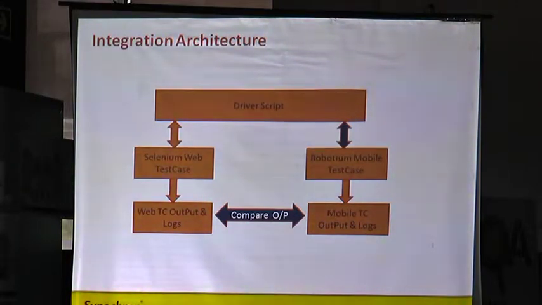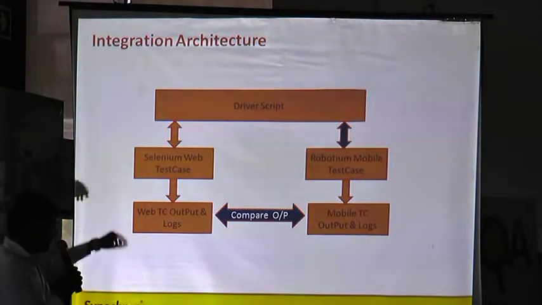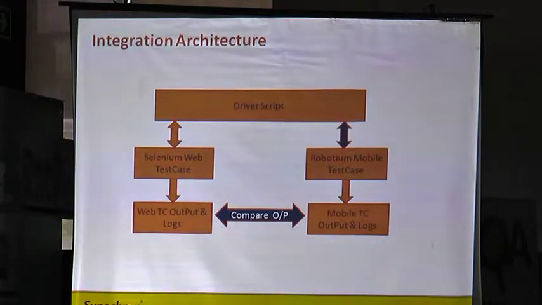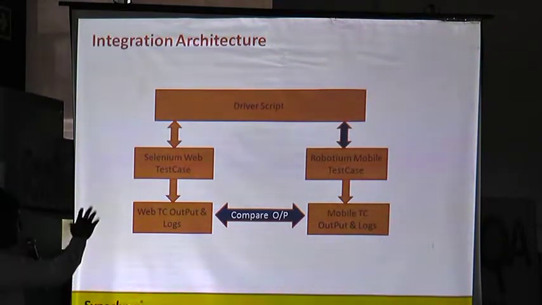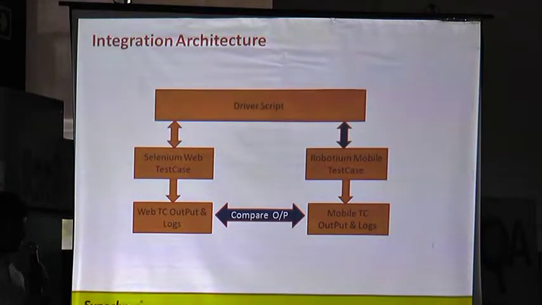And the bottom arrow is where you are comparing the mobile test case output and the web output. For example, you are updating your account profile, your first name and last name on the device side. The automation test script will invoke your app, update the first name and last name, and then store the updated first name and last name. Now we got the output from the mobile test case. What remains is that you have to go to the website and check whether that name is correctly updated on the web or not.